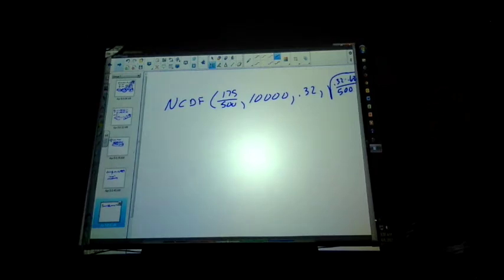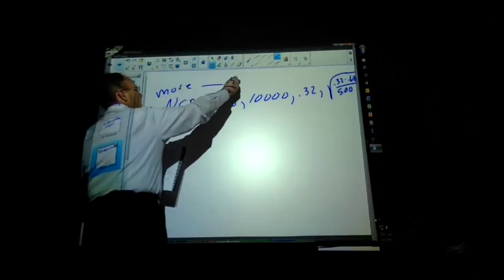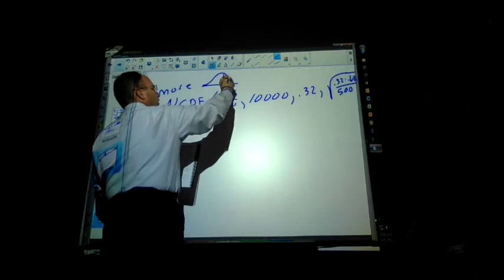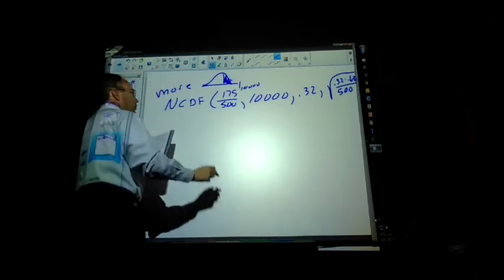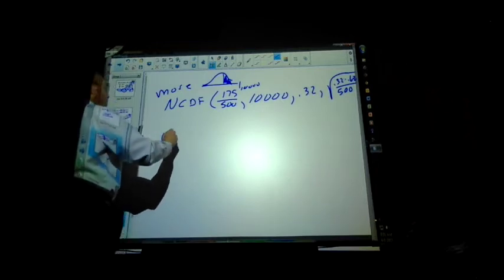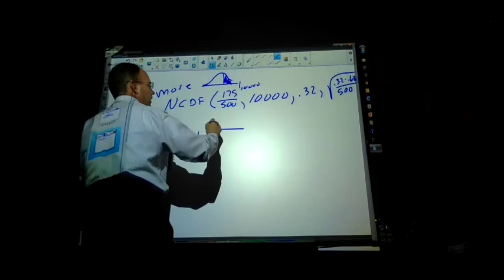I don't have an answer for that. But if you were to work that out, I bet you would find something. And then, what is the probability that fewer? So more than, this one is the more than. And the reason this is more than is because I'm going this way on the curve, where I'm taking out the 10,000 this way. The other one being less than, we are going to be looking at this.